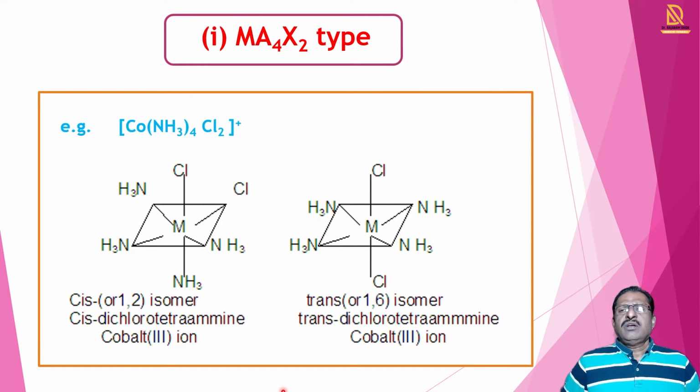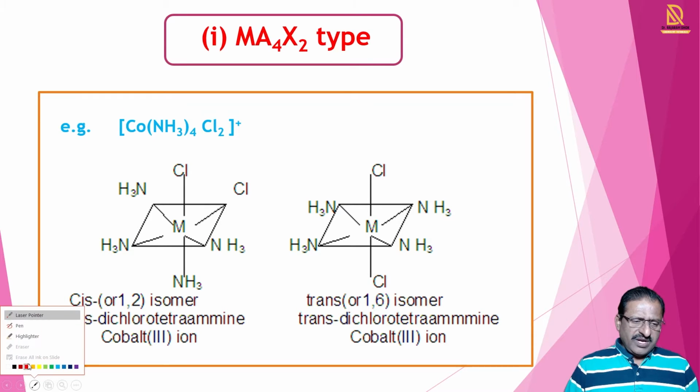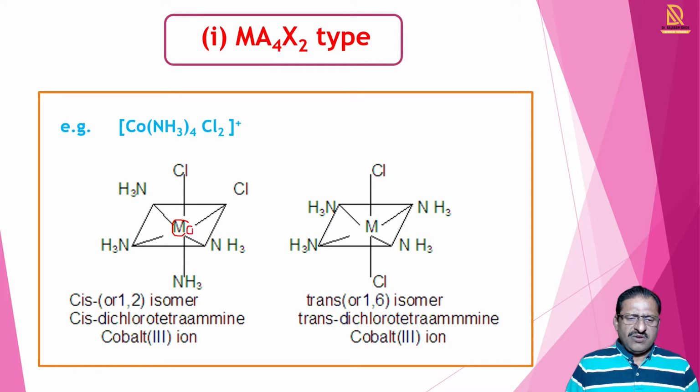Now we take one example of the MA4X2 type. We take the cobalt metal, 4 NH3 are attached to it and 2 Cl ions are attached. So Co(NH3)4Cl2 plus ion. Here at the center there is cobalt. Here we have shown the general diagram, where the metal is attached, but here we show cobalt attached